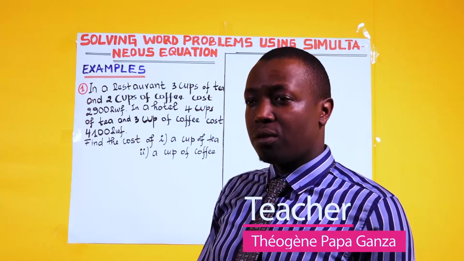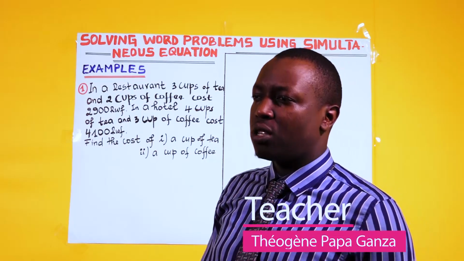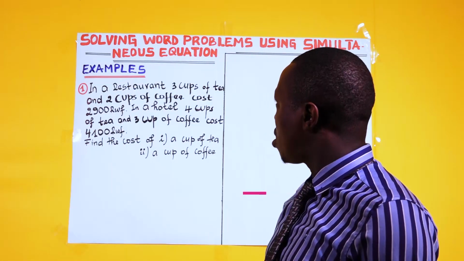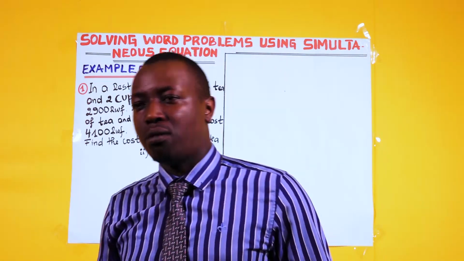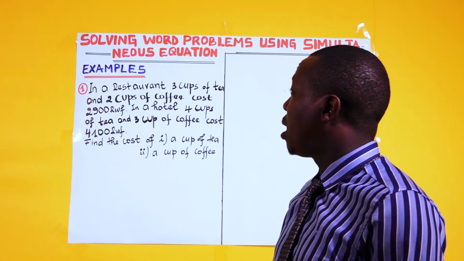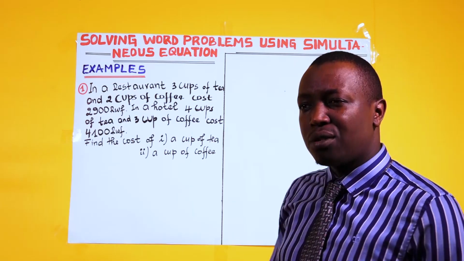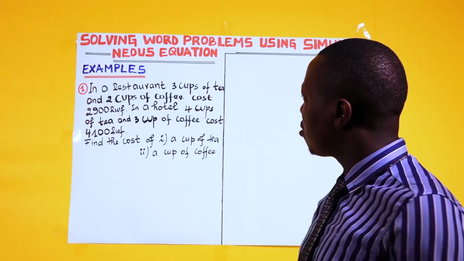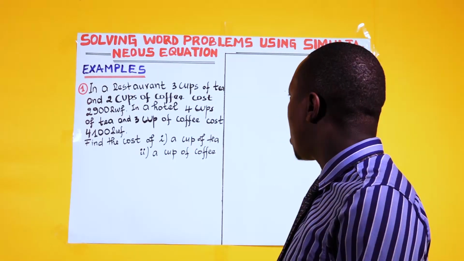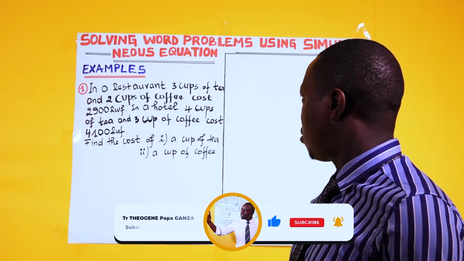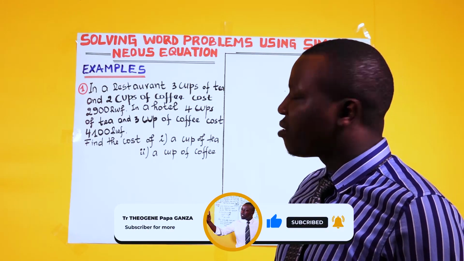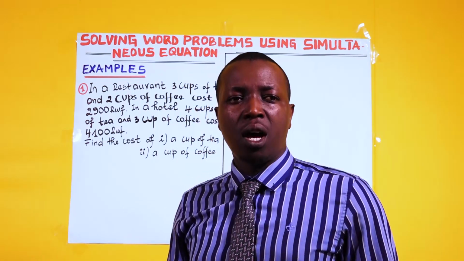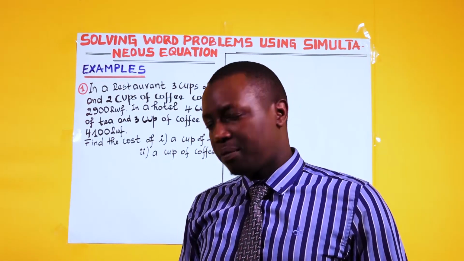And today's topic, we're going to see applications of simultaneous equations. We are going to see how you can solve word problems using simultaneous equations, right? Remember, last time we saw how you can solve simultaneous equations, and today you're going to use simultaneous equations in word problems. We have around four examples, and we are going to try together to solve them and see how it happens. So